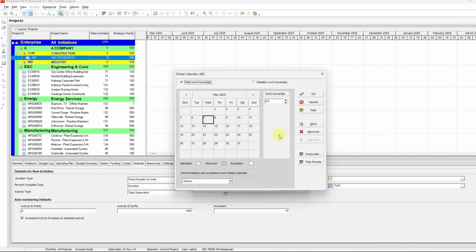Let's take a look. When I select all the days, I see the work hours per day is 8. That means 8 hours of work per day. This doesn't change whichever day I go to. What I'm going to do if I want to make a day a non-work day or want to change the working hours,